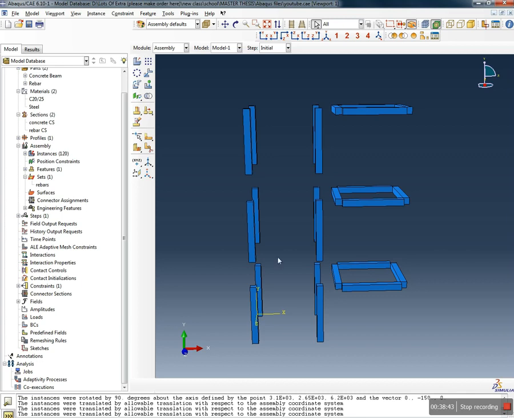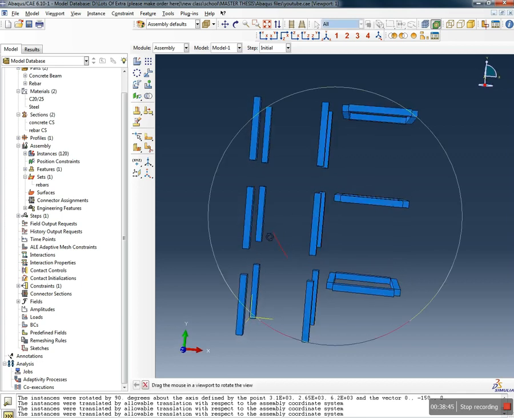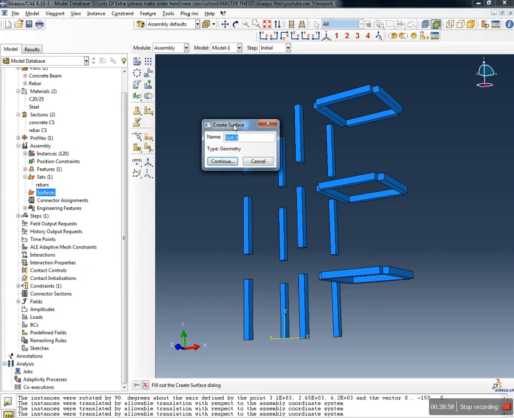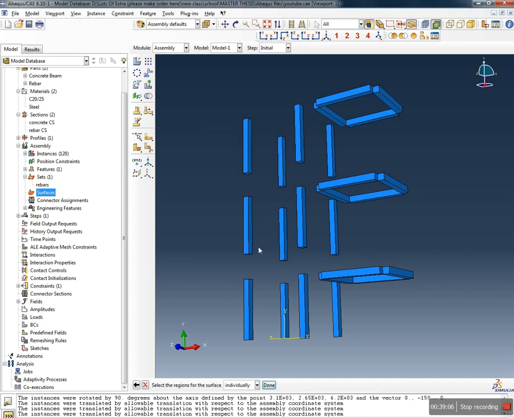Or no, not yet. We will not do that yet. Okay, right now let's define the surface so we can tie the columns to the columns again. So we have surfaces, we have column top surf. Okay, column top surf, continue,